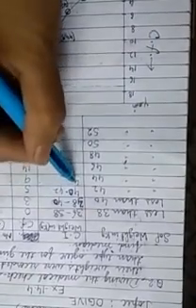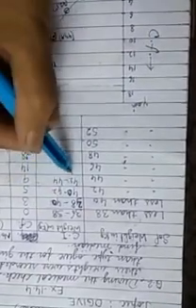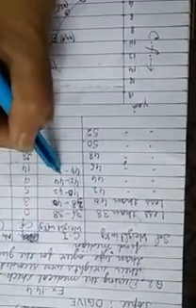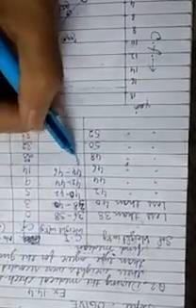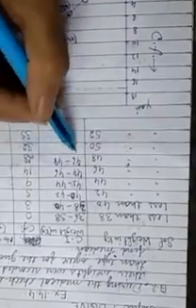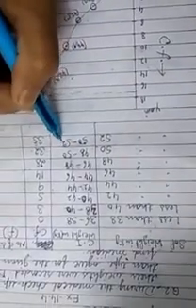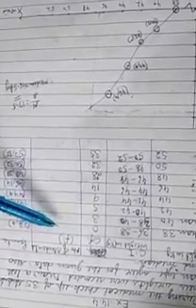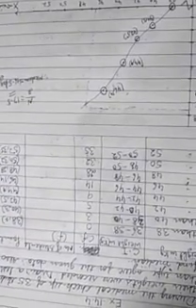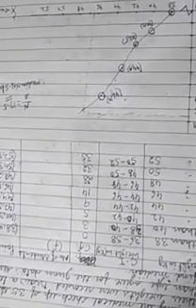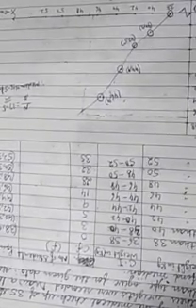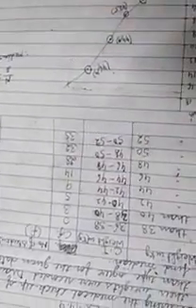The next 42 to 44, the next 44 to 46, the next 46 to 48, then 48 to 50, and then the last, 50 to 52. Now you have been given the cumulative frequency and you have to convert it into frequency. Students, you know that to convert frequency to cumulative frequency you add them, but to convert cumulative frequency to frequency, you subtract.